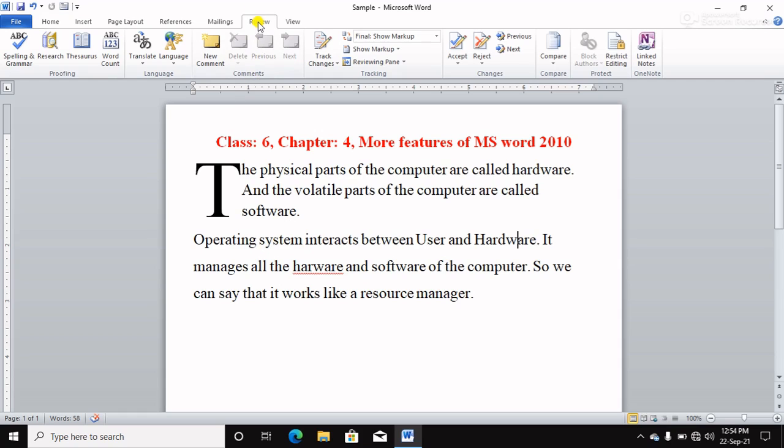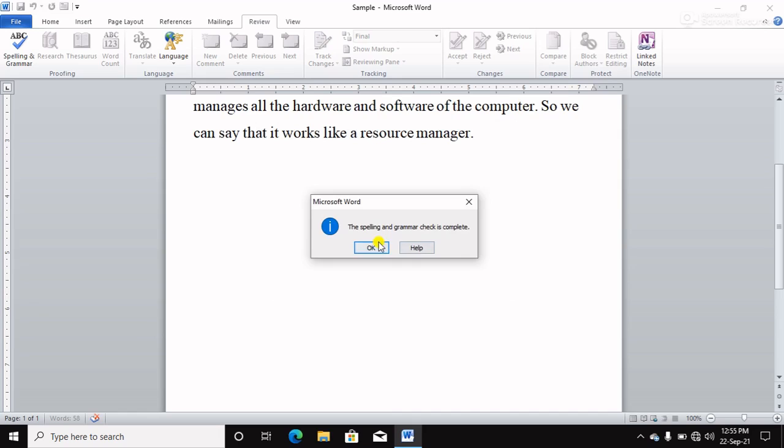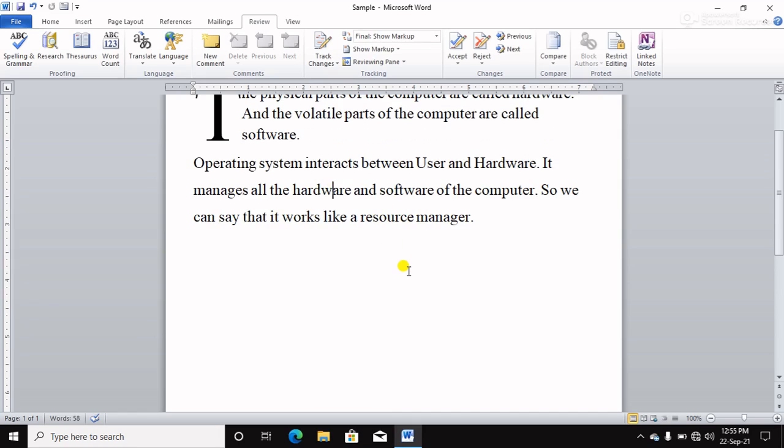We are already in the Review tab. Click on Spelling and Grammar. See, the hardware spelling is wrong. So what can you do? Here you can change this. See, your spelling is corrected. It will automatically correct your spelling. Got it?